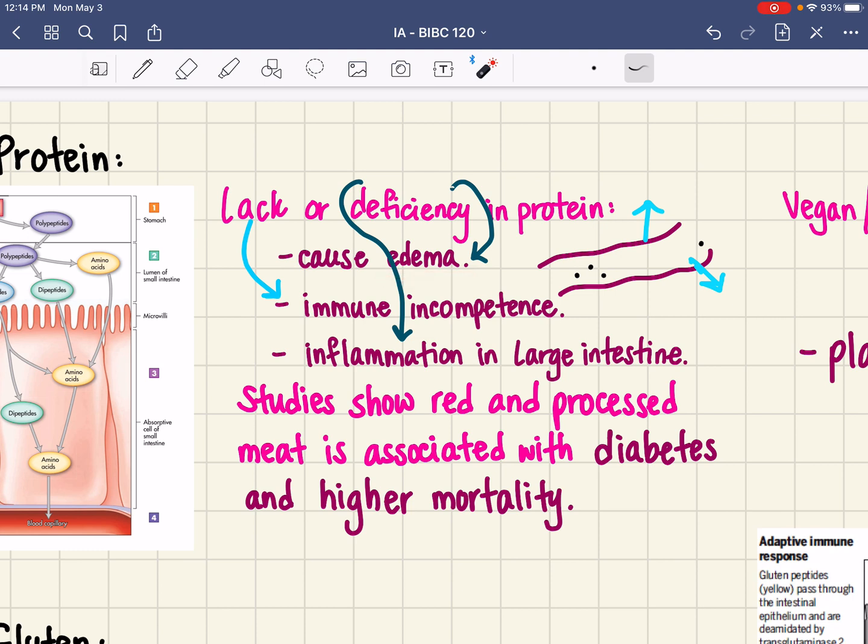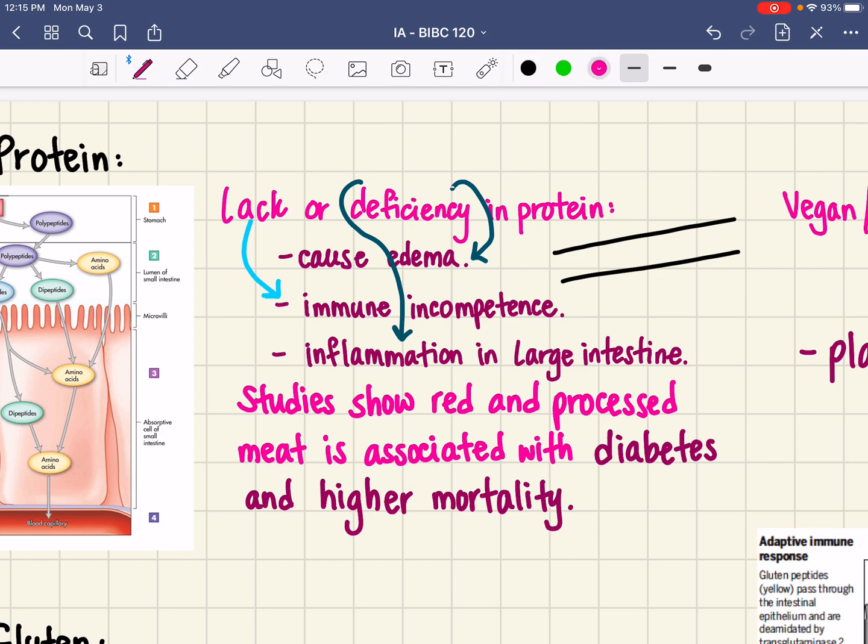Edema is a swelling of tissues in the limbs, primarily, and other parts of the body as well. And this happens because, and I drew it over here, but I will redraw it so that it makes sense. If you think about it, if this is a blood vessel,